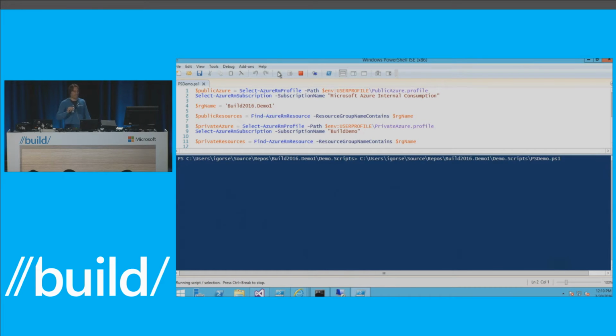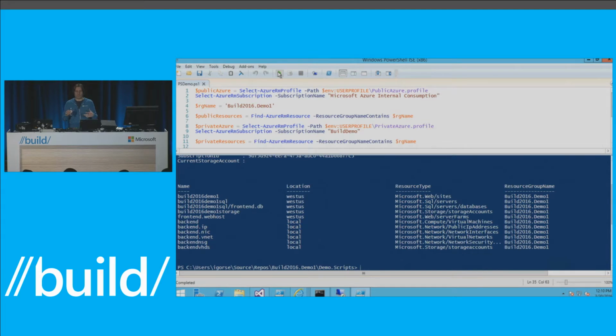So PowerShell is a bit more expressive. What I did is effectively the equivalent of a get resources in a resource group command, but a hybrid. So what this script does very quickly is it gets me resources from my build 2016 demo 1 resource group in Azure, combines them with resources locally, and then shows you. So what can I do? Now I can do my A and B deployment. I can manage that hybrid application as one set of resources. Just like that, right? Very simple script got you into the hybrid ability to operate and develop and deploy your app.